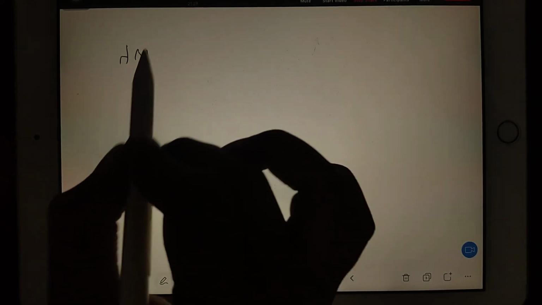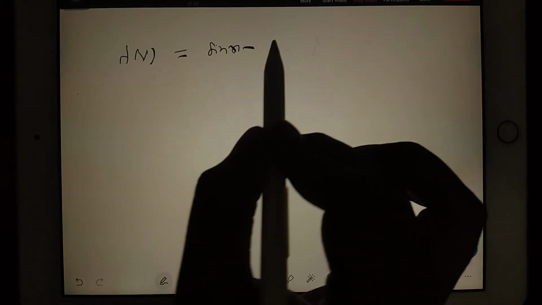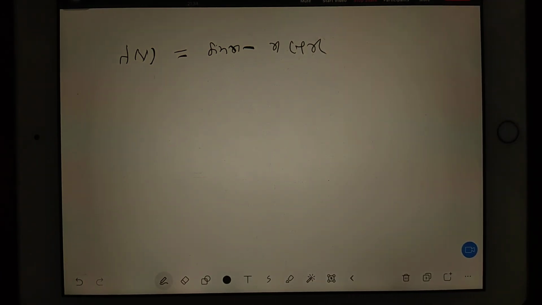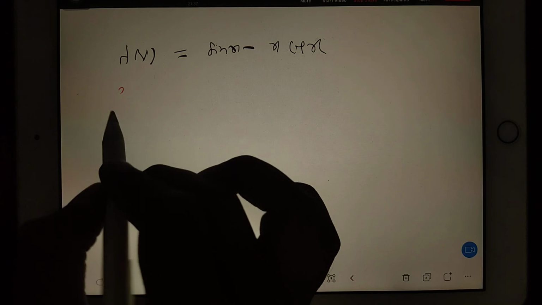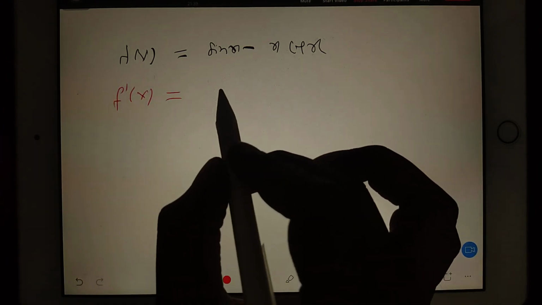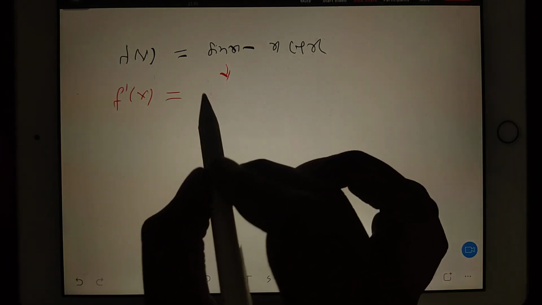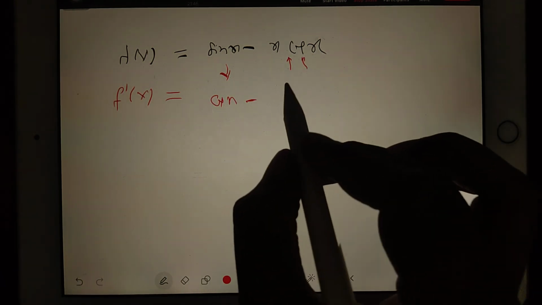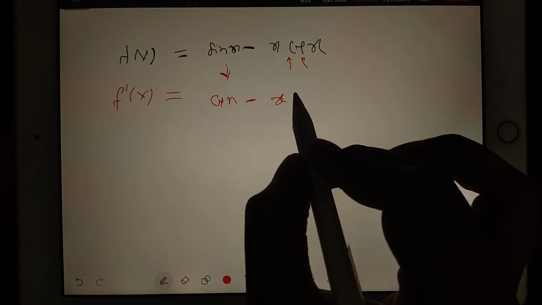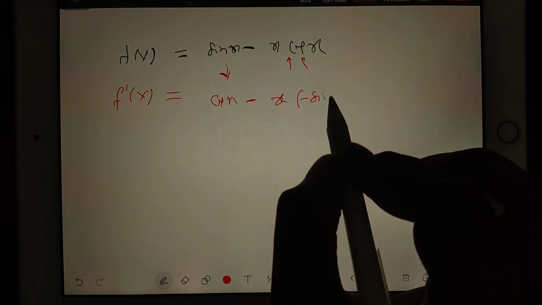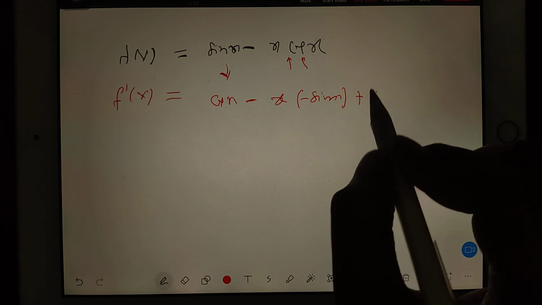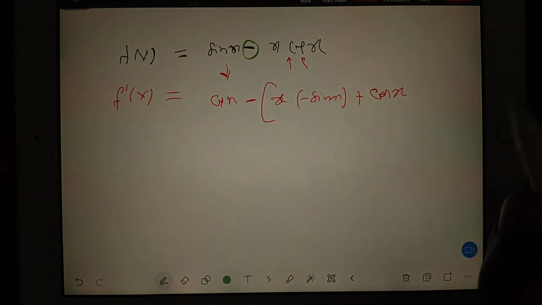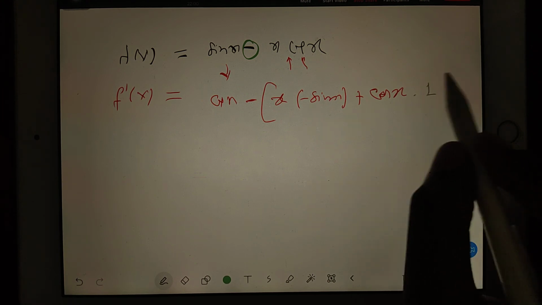So actually your f(x) is sin x minus x cos x. Now for this value you have to differentiate the final answer, then only you can get f'(x), right? So when you differentiate sin x, it becomes cos x, and here you apply first and second. First function, differentiation of second function, that is minus sin x, then plus the second function as it is, and of course you should do this in brackets, otherwise you'll make a mistake because this minus sign is there, right? And the differentiation of x is 1.